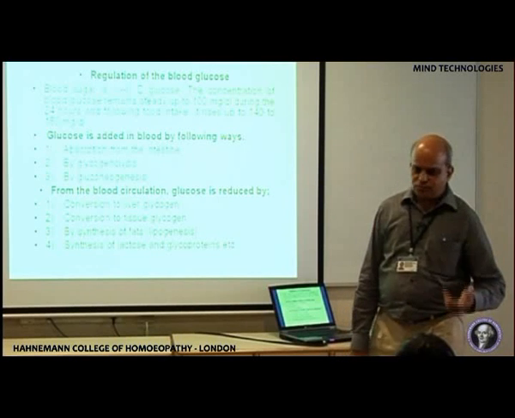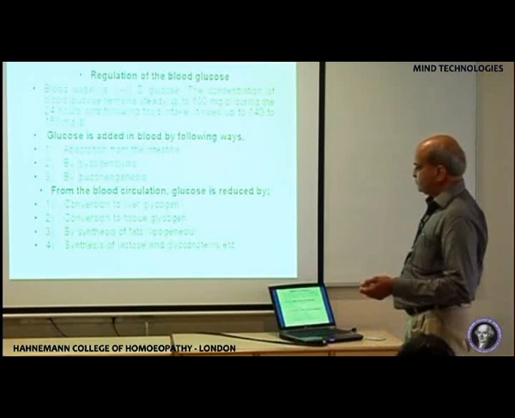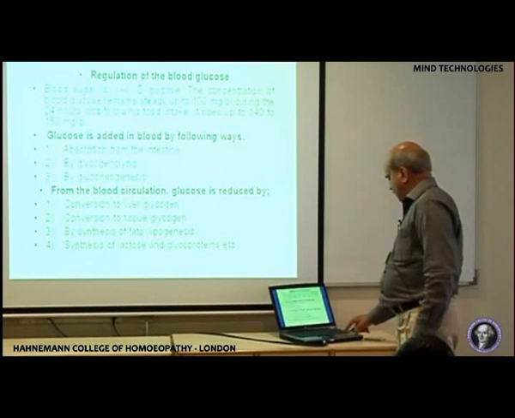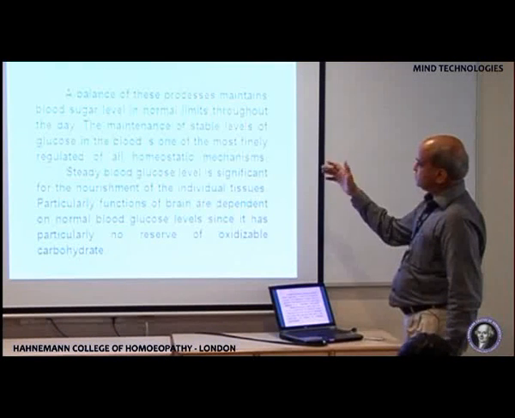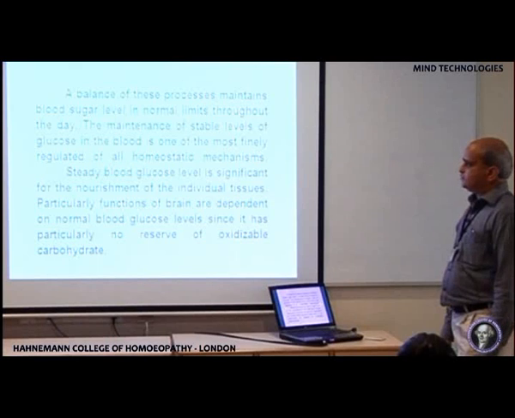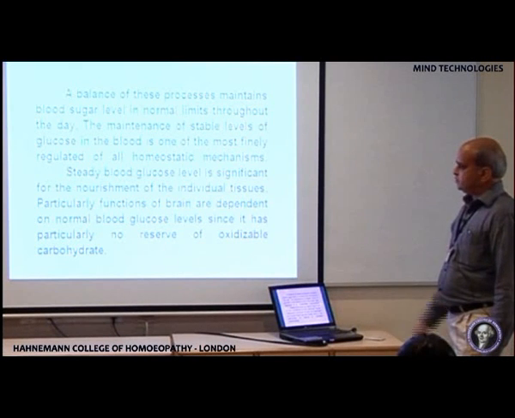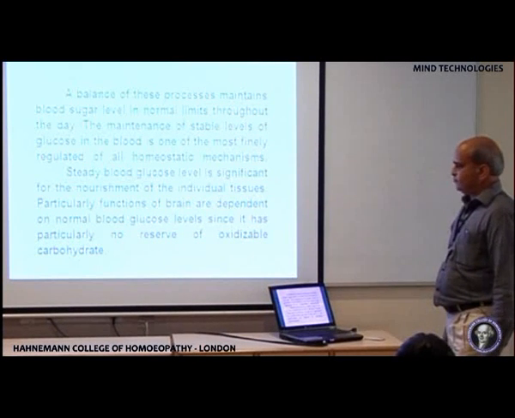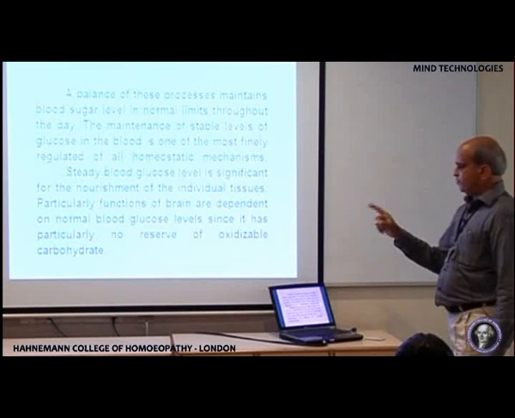That is nothing but the source of the glucose. Now the regulation has to be done appropriately. The balance of these processes maintains blood sugar level in normal limits throughout the day. Now the steady blood glucose level is significant for the nourishment of the individual tissues, and particularly the functions